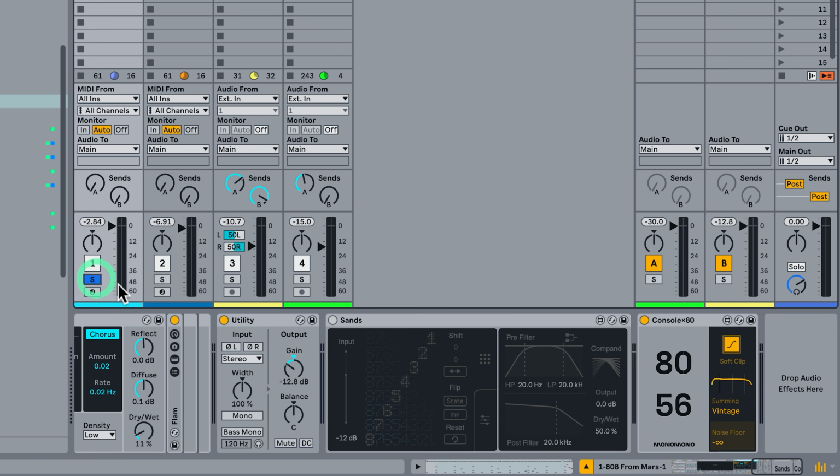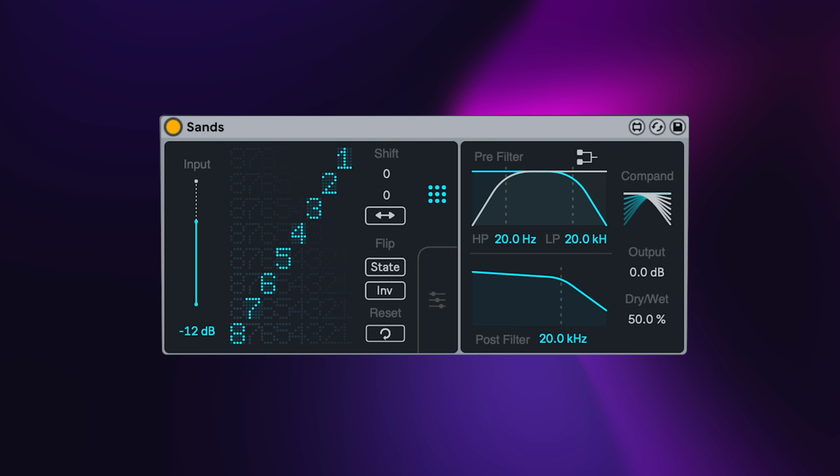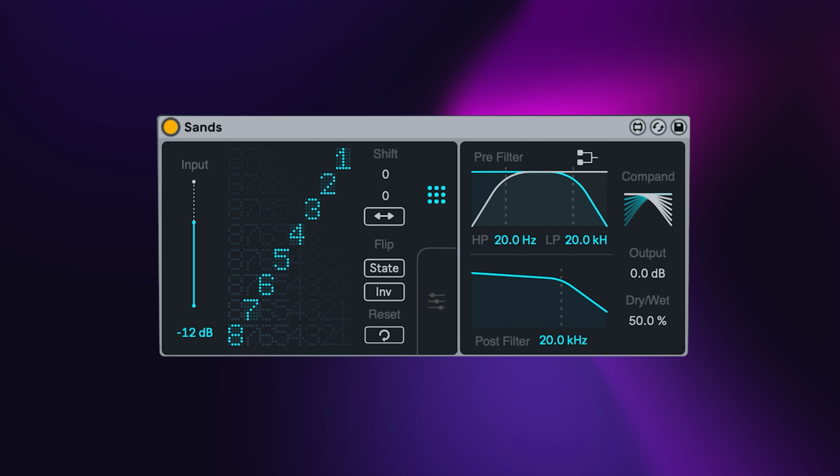So here I've got a drum beat. I'll solo this up. And now let's hear that with sans turned on. Whoa. So what sans is doing is, as I've said before, simulating an 8-bit sampler where each one